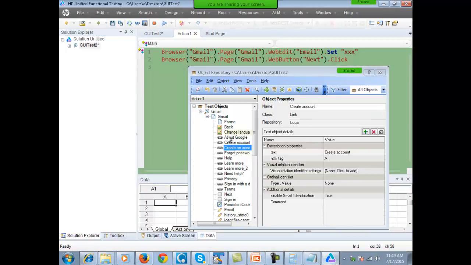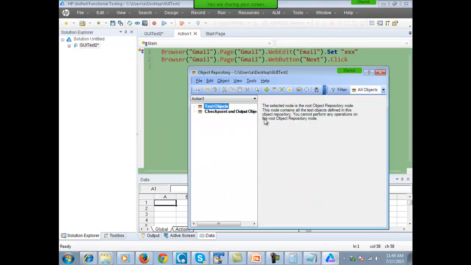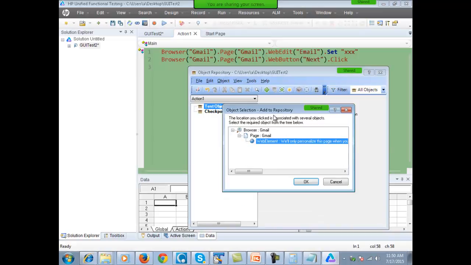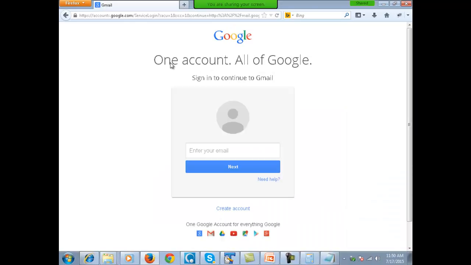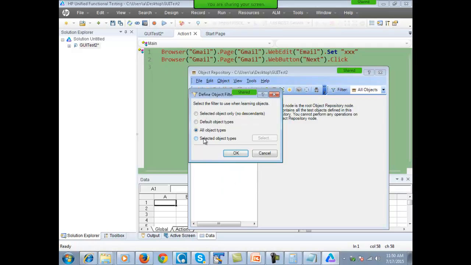All right, fine. Now moving ahead, adding selected objects of the page. Now I told you how to add all the objects of a page in a repository, right? Let me delete this repository. Now suppose I have to add all the objects from a web page, that you can do, right? But suppose I only want to add the links of this page into the repository, only the links, right? So again you can do the same thing. You click on this plus icon, click anywhere on the page, select page, click on OK, and then